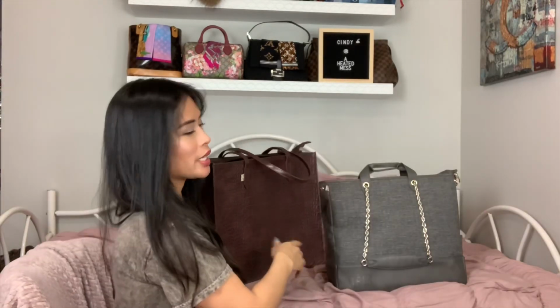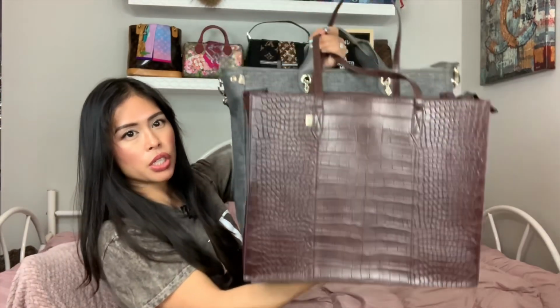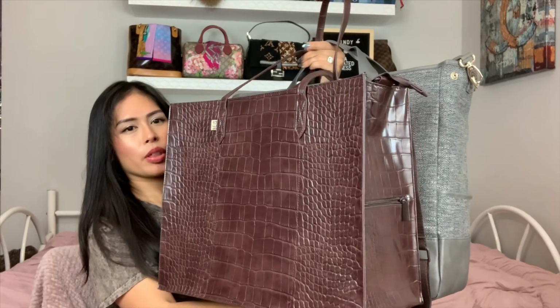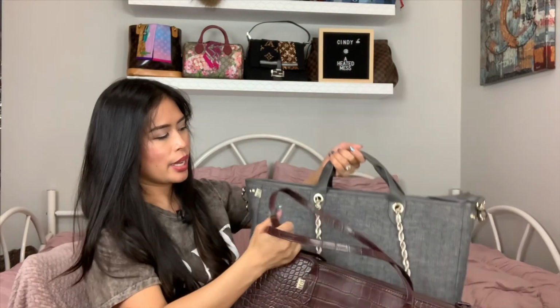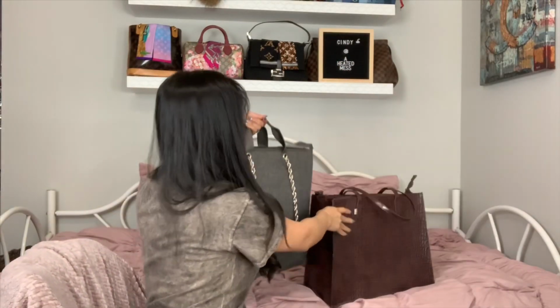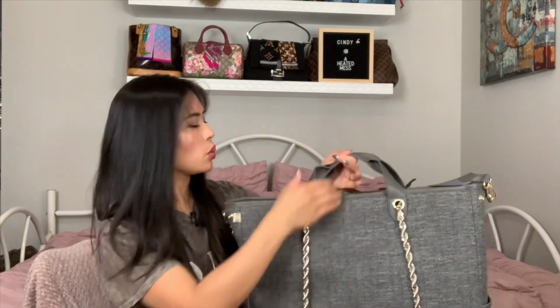The Everyday Tote is actually bigger. So if you do a side-by-side, you'll see the bottoms are flush. There's that much of an overlap on the top, probably about the same width actually. But this is definitely taller. But what's great about this is it has top handles. So even though the top handles don't fold down the way the Louis Vuitton bag does, it's great because with this bag,